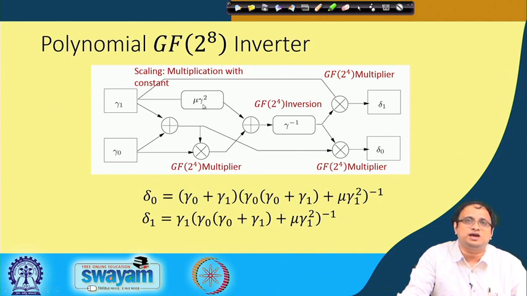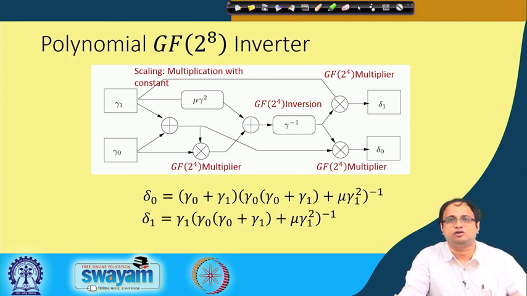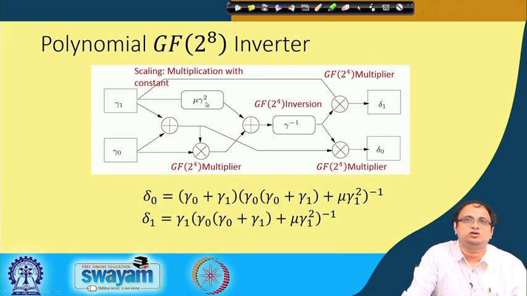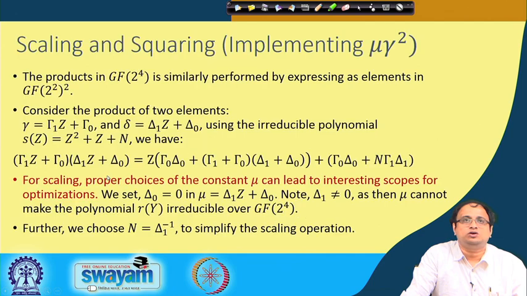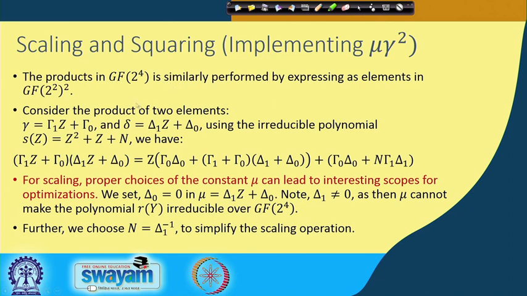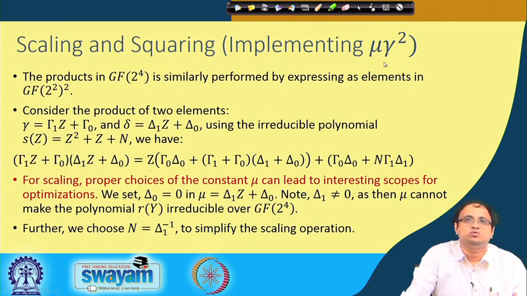In particular, here we actually do a squaring and then scaling. Okay. And therefore, this circuit is what we will be calling scaling and squaring. Okay. So, we will first square and then scale, and we will see why we do that. There is a lot of opportunity for optimization when you consider this circuit. Okay. So, now this brings us to this scaling and squaring operation. That means, we want to implement this step mu into gamma square, okay, and we want to see how we can efficiently implement this. Okay.